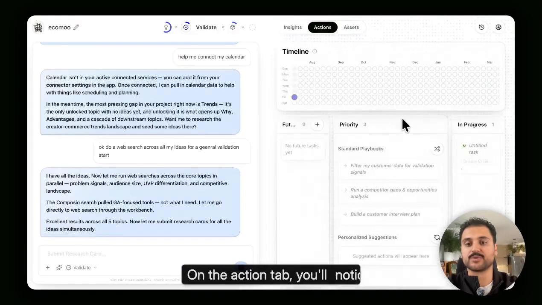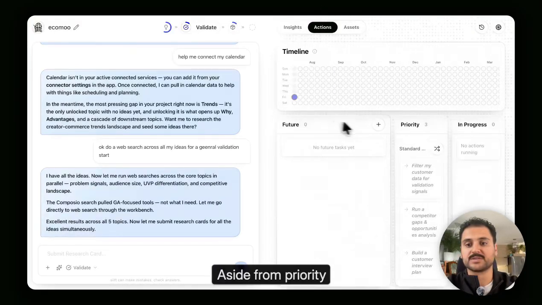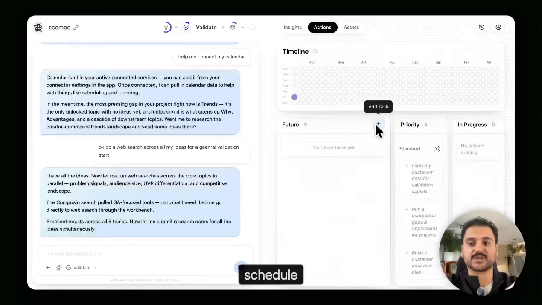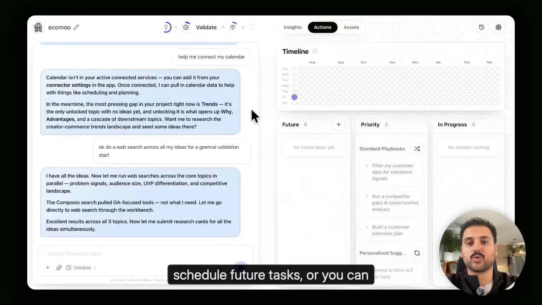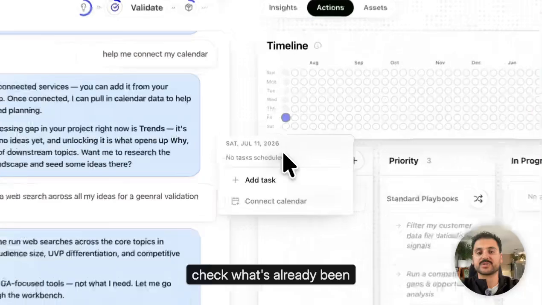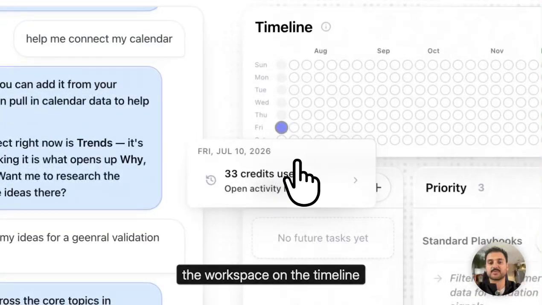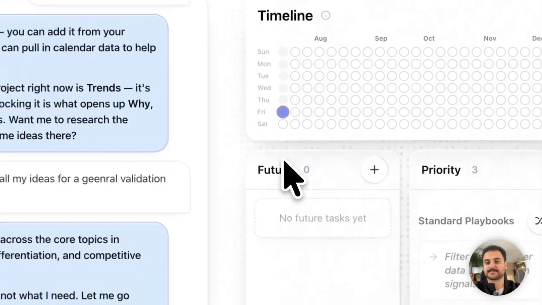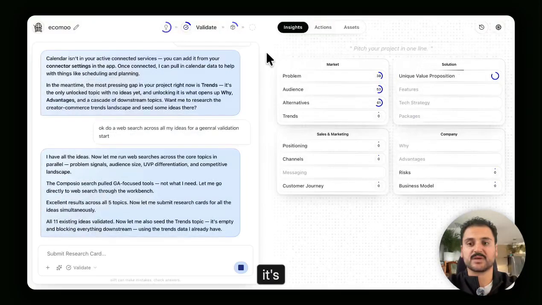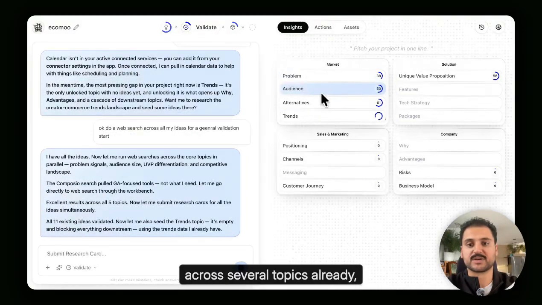On the Action tab, you'll notice a few other things. Aside from priority tasks, you can schedule future tasks, or you can check what's already been done in the workspace on the timeline above. Going back here, we see that it's found a bunch of data across several topics already,